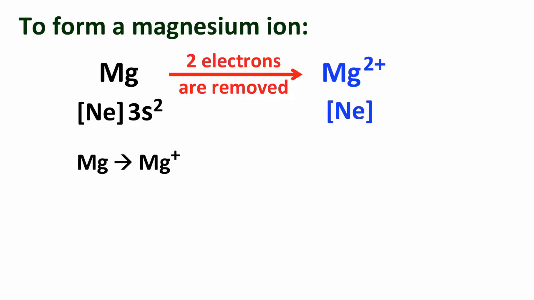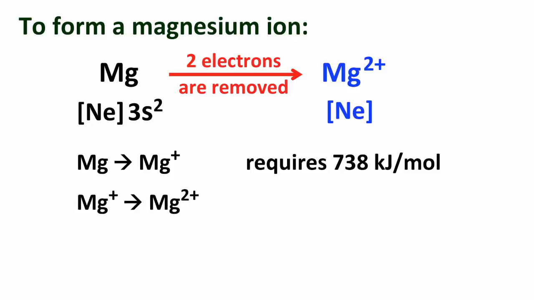But magnesium can actually form other ions. It can have multiple ions that are possible, and we can make an Mg+1 ion by removing 1 electron, and that requires about 738 kilojoules per mole. Now, to make an Mg+2 ion from an Mg+1 ion requires an additional 1451 kilojoules per mole. It takes a little more energy to remove the second electron from that shell. It's a little bit more tightly held than